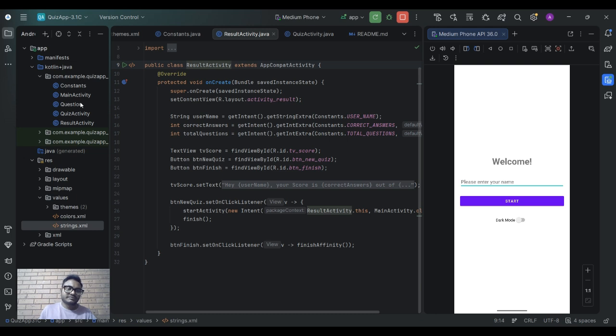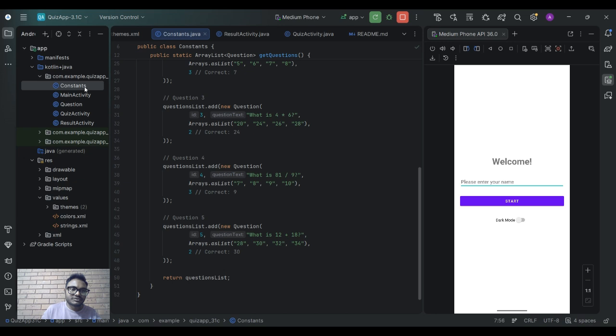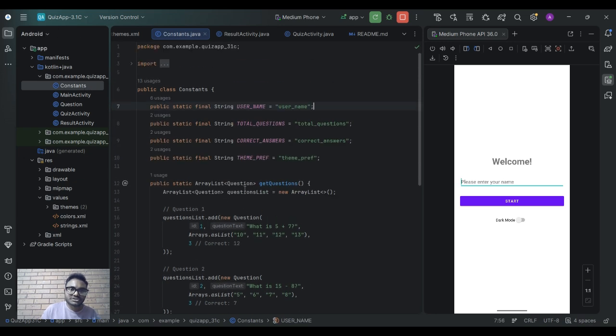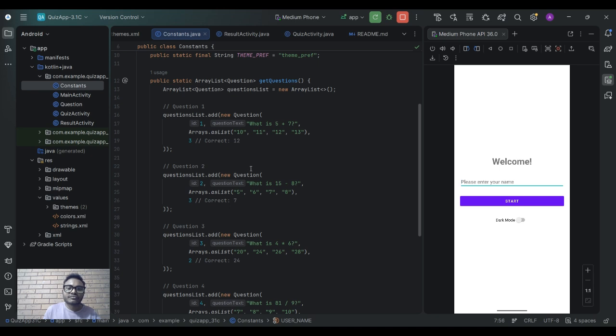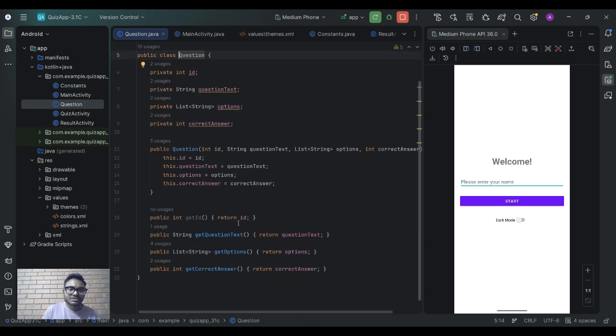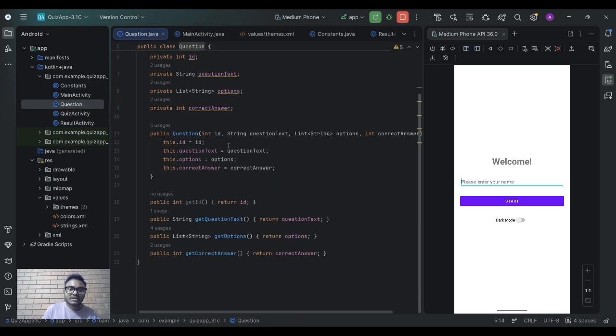So the code of this app contains mainly five classes of Java, and the first one I would like to show is the constants.java, which contains the static values such as the username, total questions, correct answers, theme preferences, etc., along with the questions and its respective options with the right answer. And the next Java file is question, which basically acts as a model for the questions that are contained in